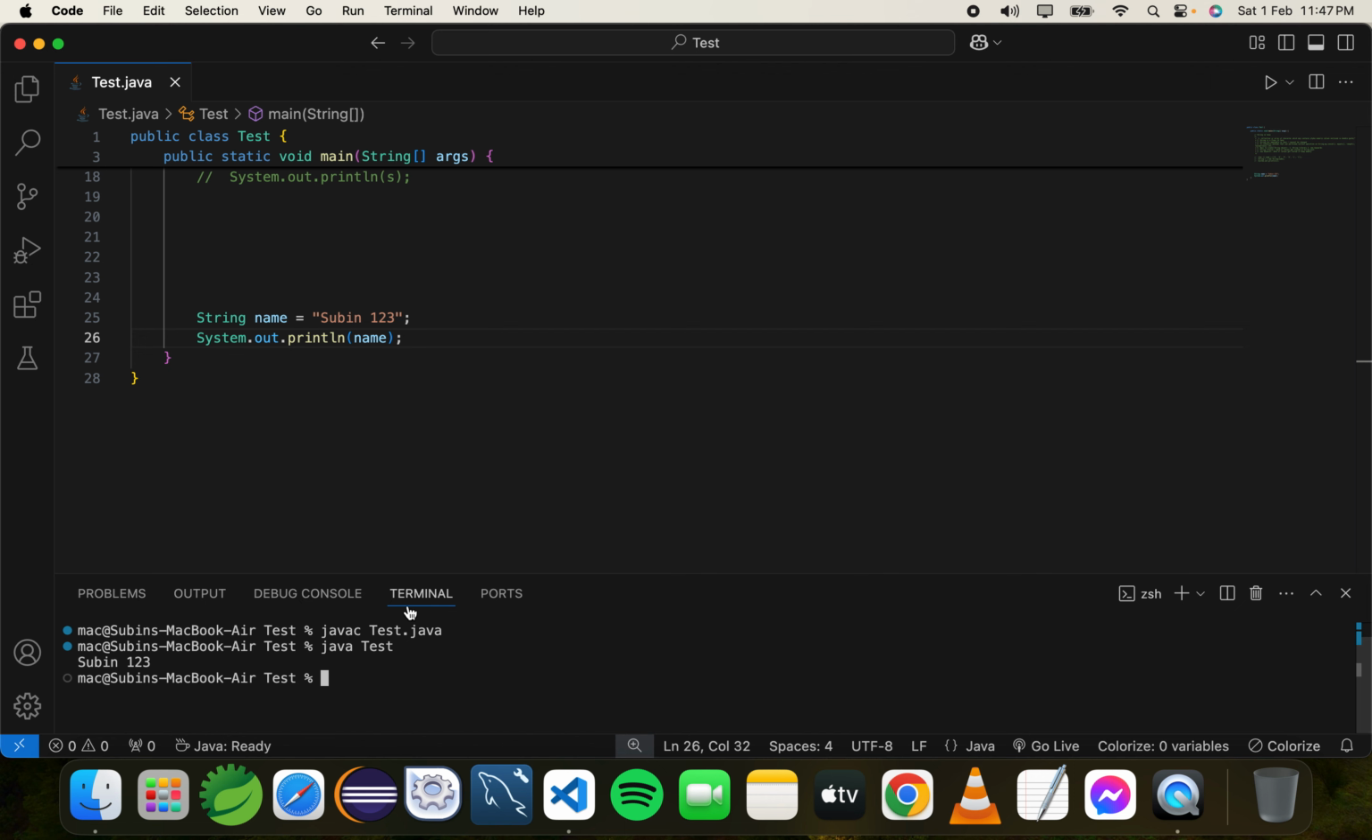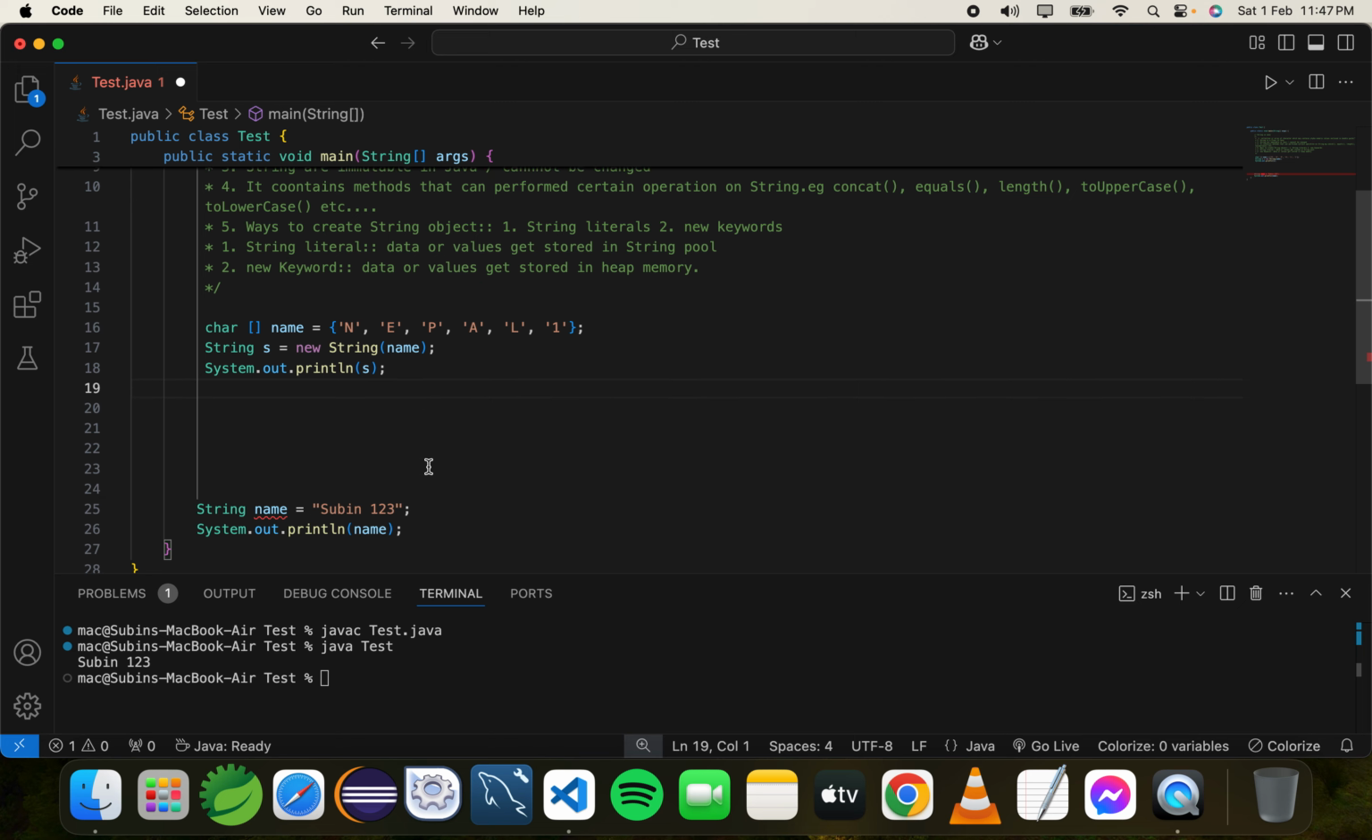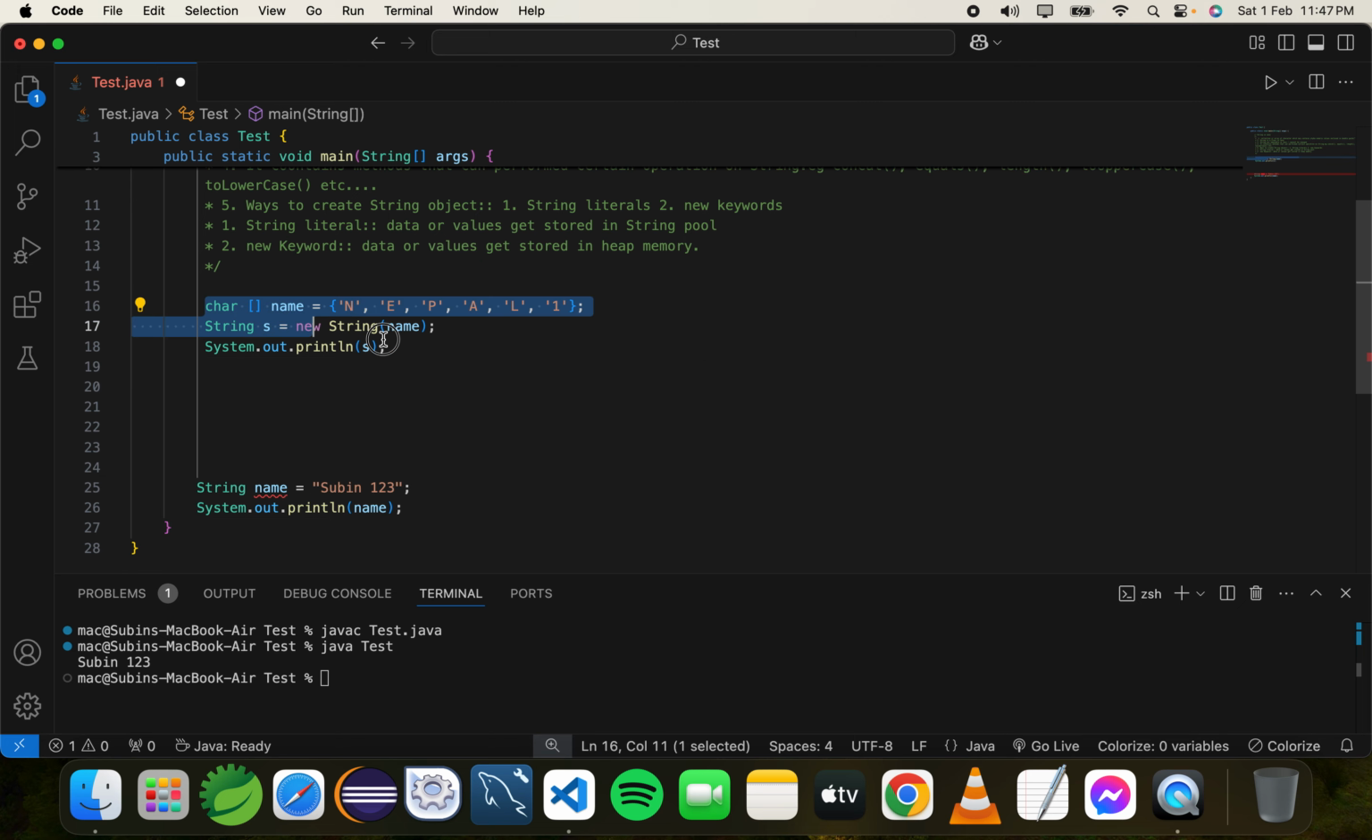So there you go. This is how we create a string object using a string literal. So we don't have to do this whole process. This and this mean the same. Okay, so I'm gonna